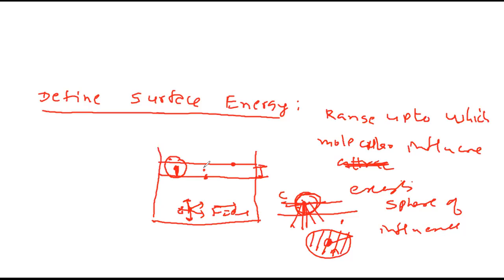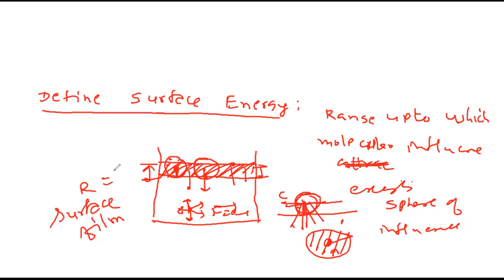If it is somewhere in between, then partially that sphere of influence is in air. Again, it will be acted upon by some downward force. So every molecule which is at a distance equal to the molecular range from the surface, which is called the surface film, will be acted upon by a resultant downward force. That film's distance is very small, 10 raised to minus 9. Now again see what is surface energy after understanding this much.